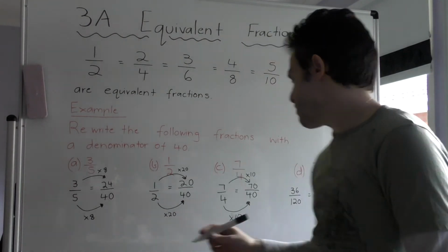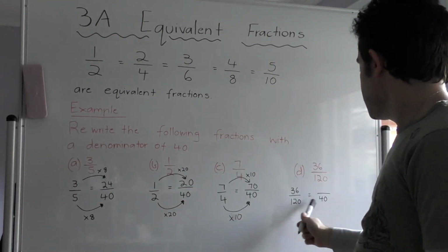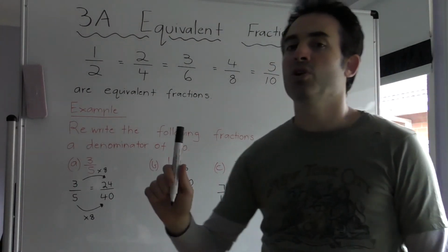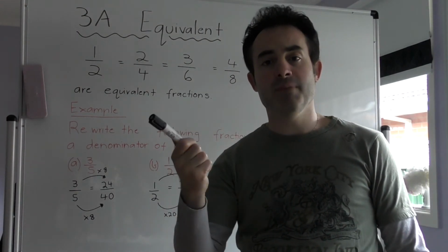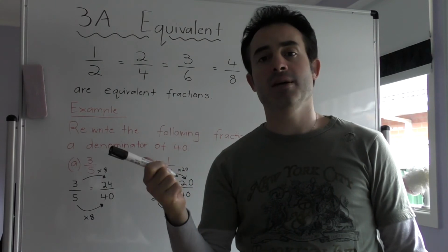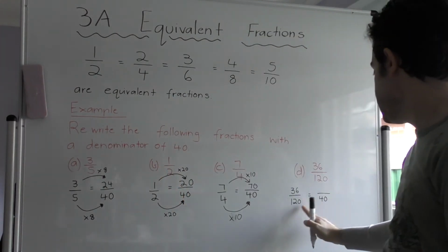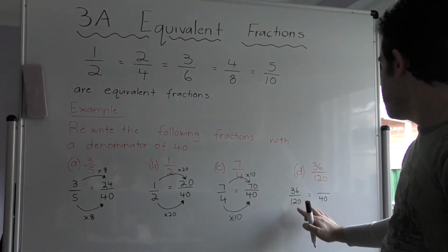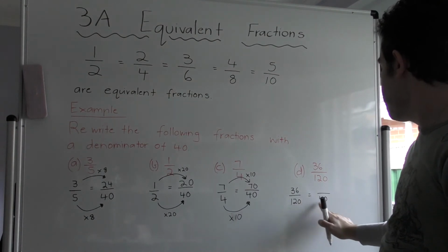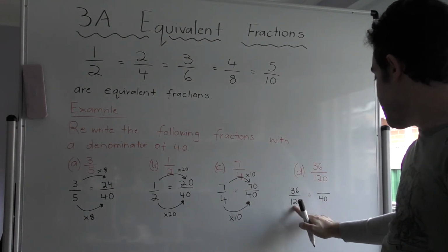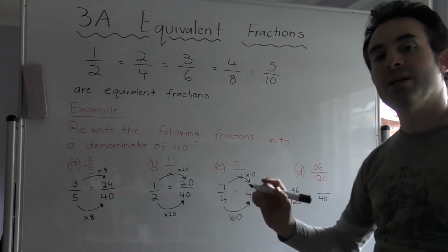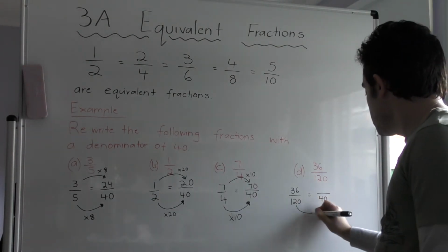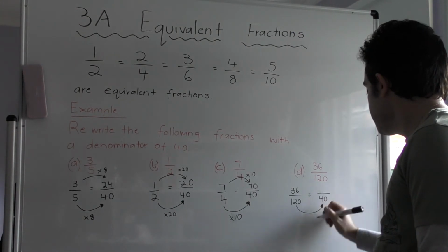So you think to yourself, okay, now if I want to get to 120 from 40, I know I'm going to go 40, 80, 120. If I keep adding 40 each time, I've added 40 three times in order to get 120, haven't I? So then I think to myself, okay, if I've added 40 three times, that means I've timesed 40 by 3. So the opposite of timesing by 3 is dividing by 3. So if I do 120 divided by 3,